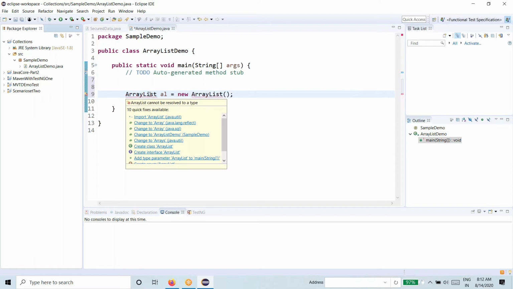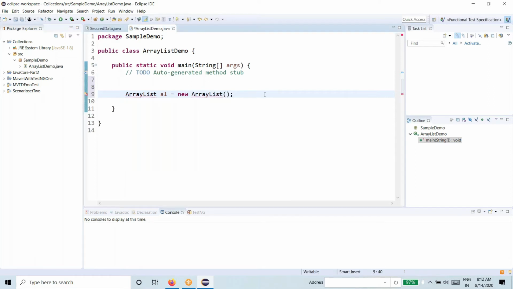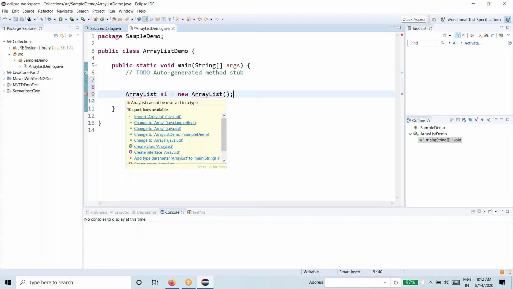Yes, so that class was there. That is why it was not throwing the error message. It was not even throwing any exception when I created the object for ArrayList, because I had given one earlier class name as ArrayList. Now I deleted it, right? So it was taking that class name object over here. That is why we could not see the error. So now we can see one error alert over here.